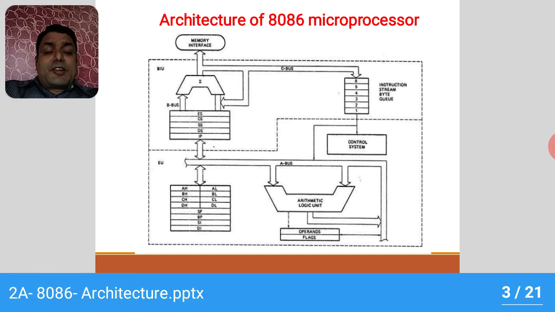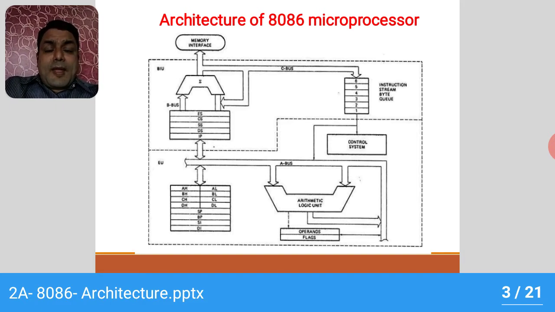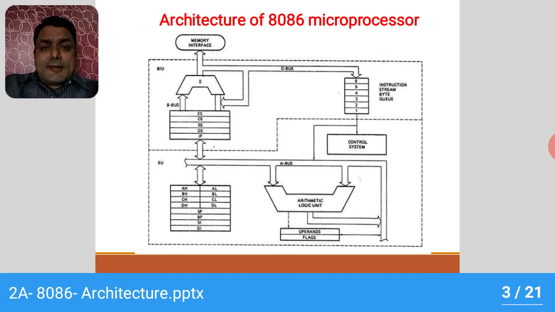Except in a few instructions where the queue must be dumped and then reloaded starting from a new address, this prefetch and queue scheme will speed up the processing of the 8086 microprocessor. Fetching the next instruction while the current instruction executes is called the process of pipelining. Hence, pipelining is available in the 8086 microprocessor, which is not there in the case of the 8085.